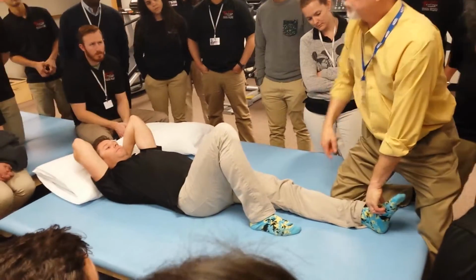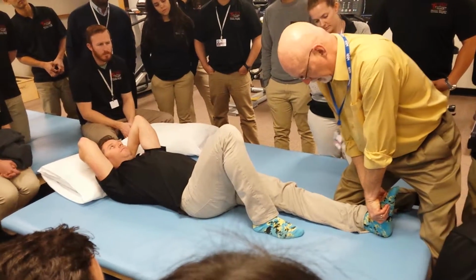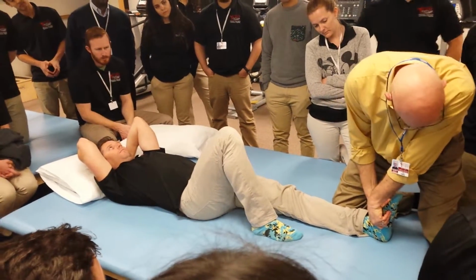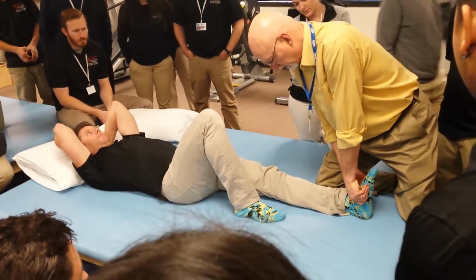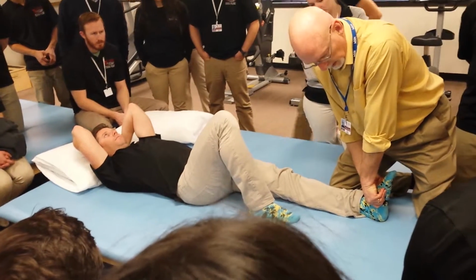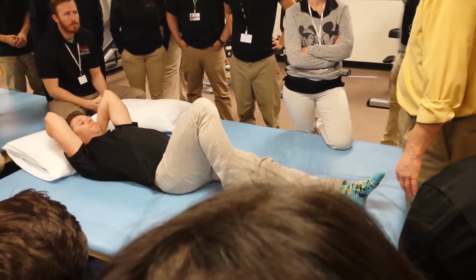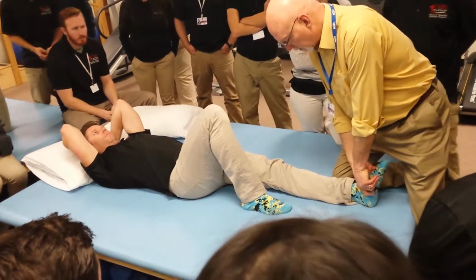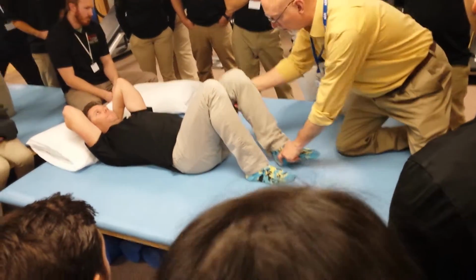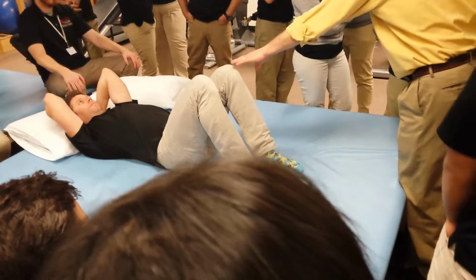It works better on those type of tables where you can stand up and put your body weight into it a little bit. Like that. So can you see I'm not touching the ball of his foot, and I'm just leaning into the stretch. And in neuro, we tend to go around in our socks all the time because we're hopping on and off mats and things like that. So wearing good neuro socks like those are good. Once you've stretched there, then you may go in and release the leg. So that's what I want you to try. I want you to try the slow, sustained stretch at the knee